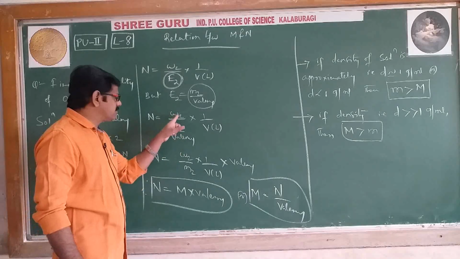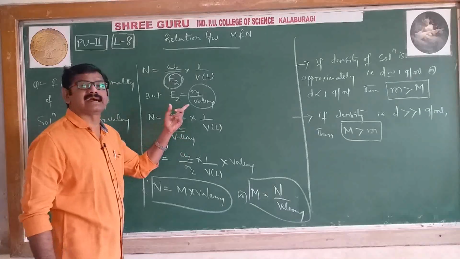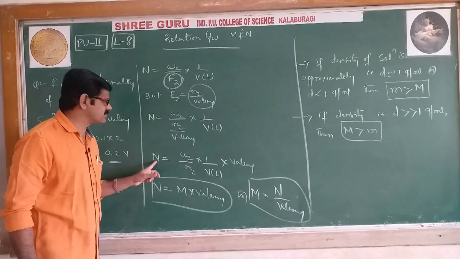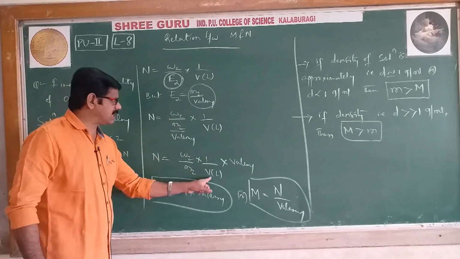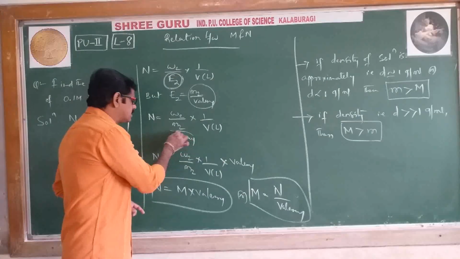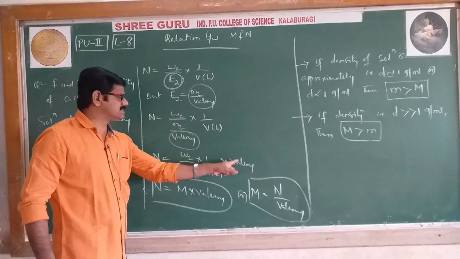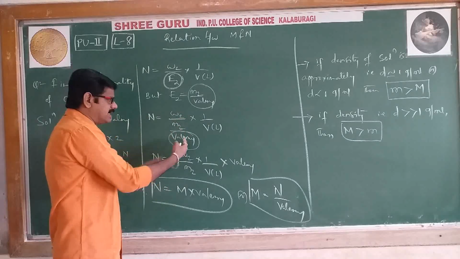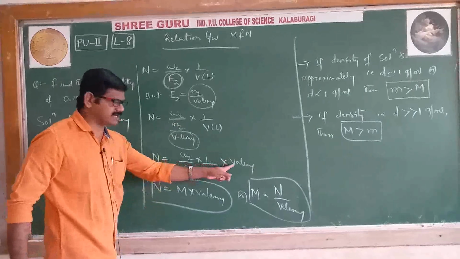Next, 1 by valency means valency will come in the numerator. Therefore, I'll write like this: normality is equal to W2 by M2 into 1 by V, 1 by V written as it is, whole into whatever the valency is. That valency is coming here, I have written it here, okay? Because it is 1 by valency, valency will come in the complete numerator. That only I have written here.